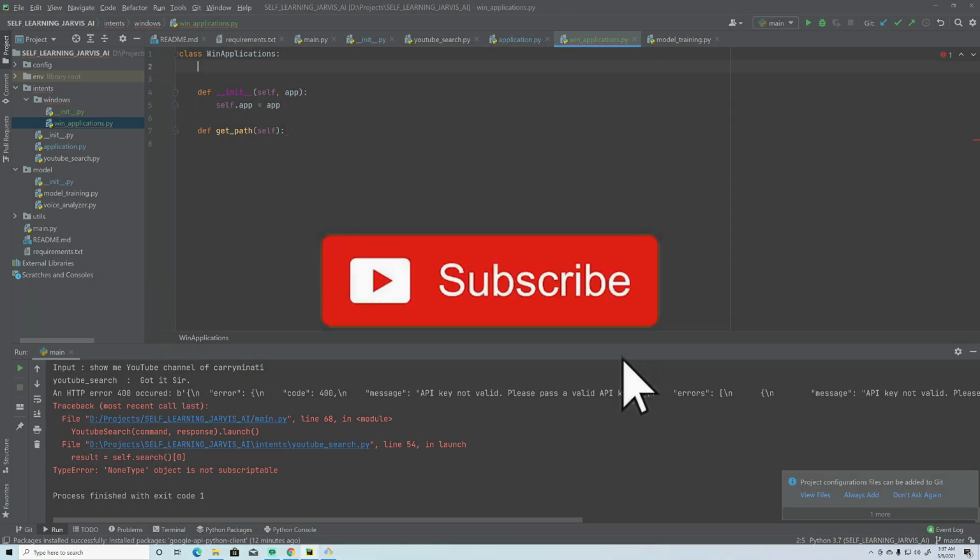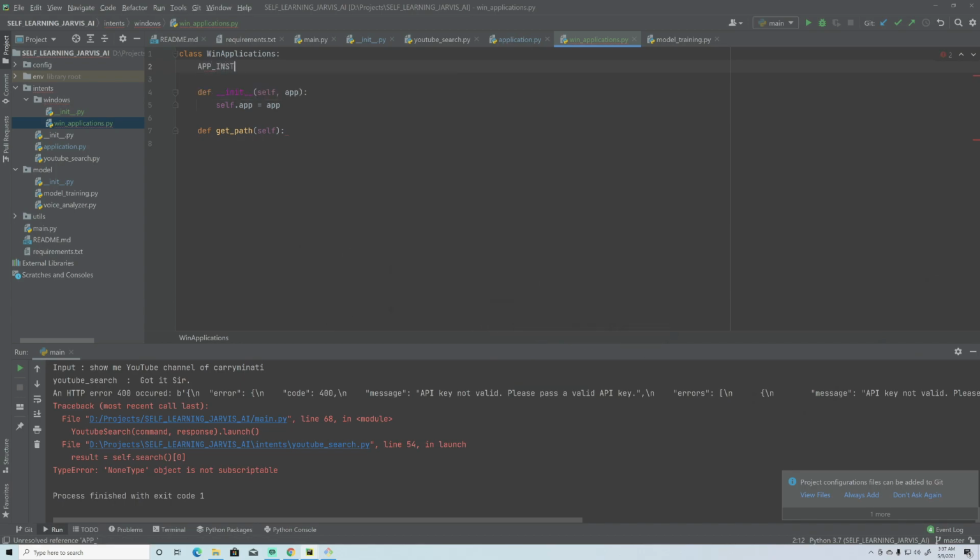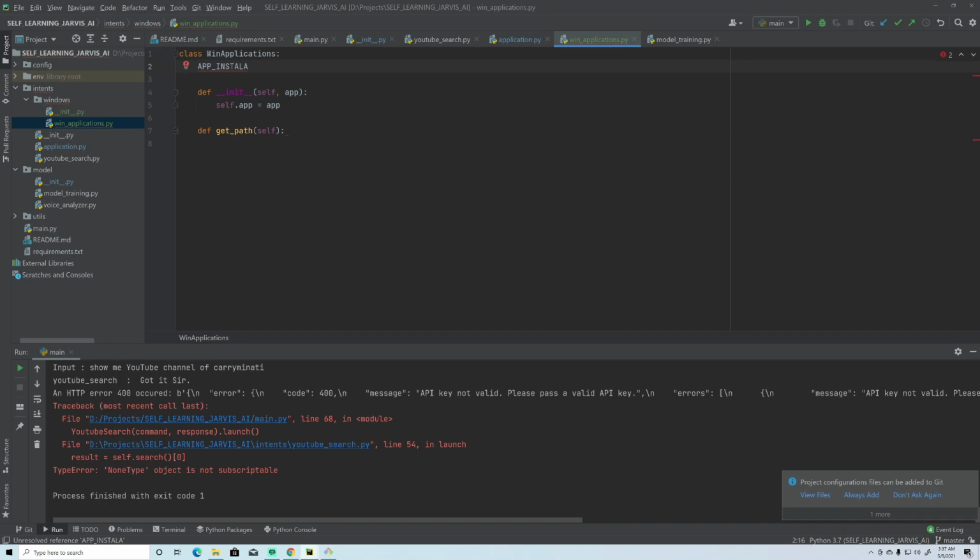So for that I am going to create a variable here, app installation paths or directories. Spelling mistake, installation. Here I'm going to create a list, and here I need to paste those paths.